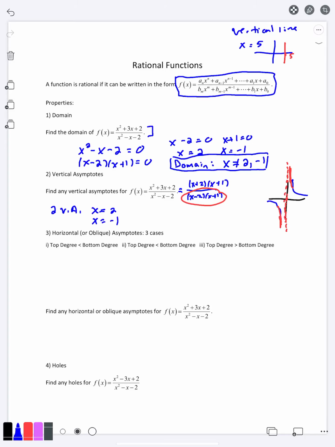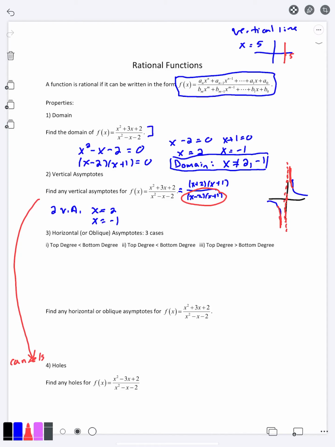I do want to point out that if something had canceled, they would not be a vertical asymptote. They would actually be down here in the holes. So when something cancels, that's when you go down here to step 4. If nothing cancels, then you're not going to need that step 4 there. Anyways, okay, so